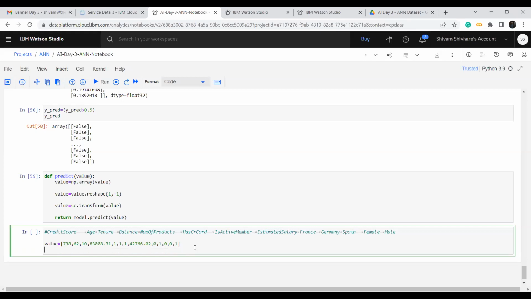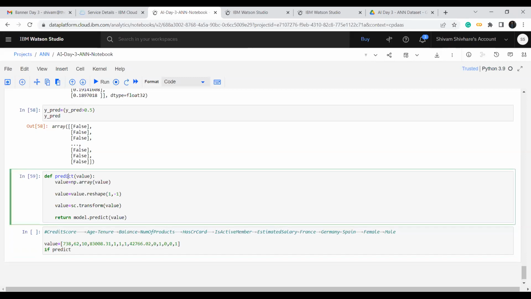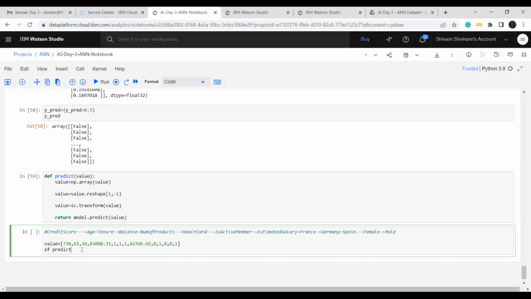After that, I want to call a function, predict. This is the function I am calling. In this function, these values will be converted into a numpy array. Then it's reshaped. After that, we are getting an output. It's converted with the transform method, and we will be able to get the prediction. So if the predict value, the value which we are having, is greater than 0.5,